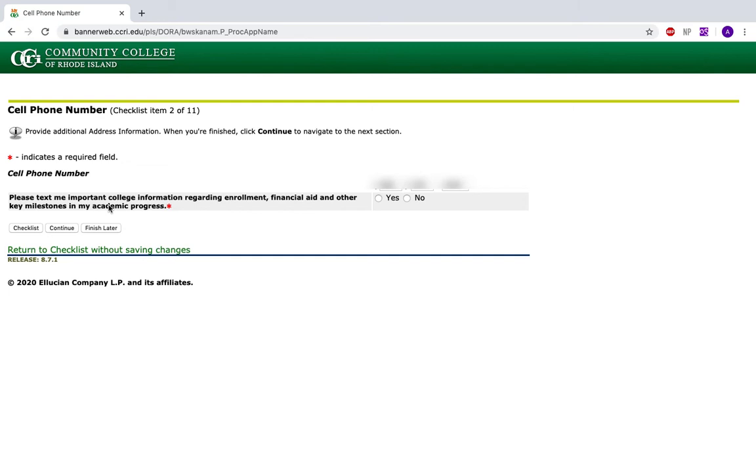CCRI will text you about registration dates and any events going on campus. You can speak to advisors through our texting system. So if that is something that you would like to use, press yes. Either way, you will still be able to sign up for emergency texting, which will cover closures, delays, or any emergencies on campus. So press Continue once you've selected,